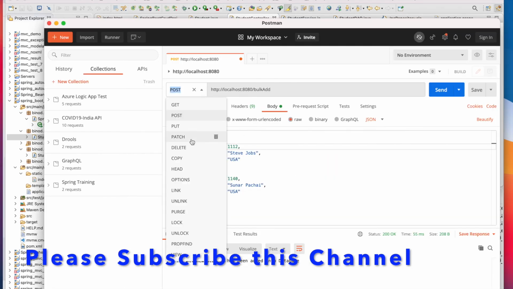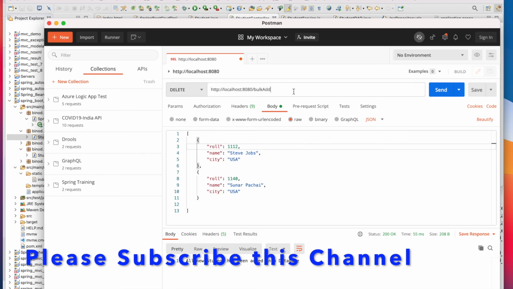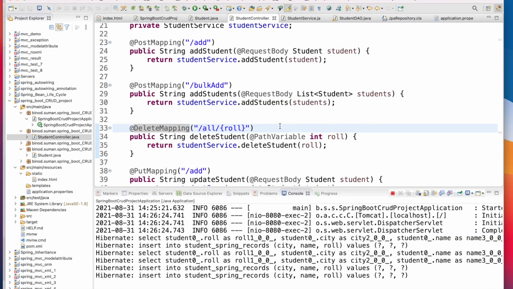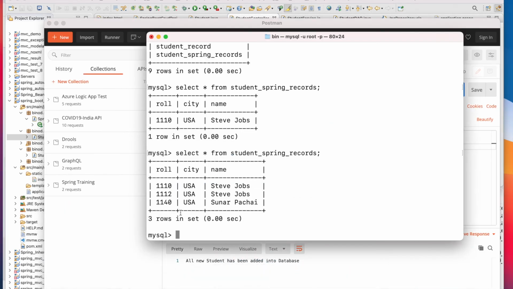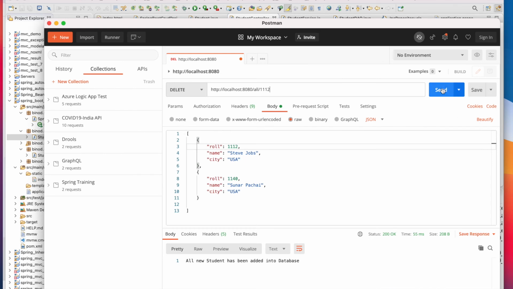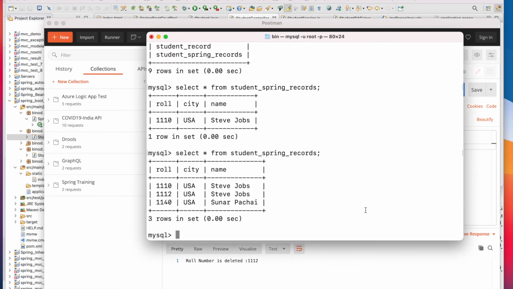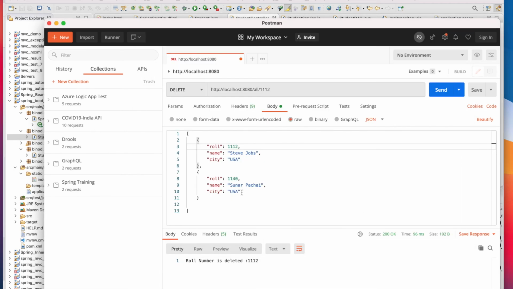So choose the delete method, the URL is delete, and give the row number 1112. Right now 1112 is there, and that should be deleted. It is deleted. Now 1112 should not be there. It is not there, right?